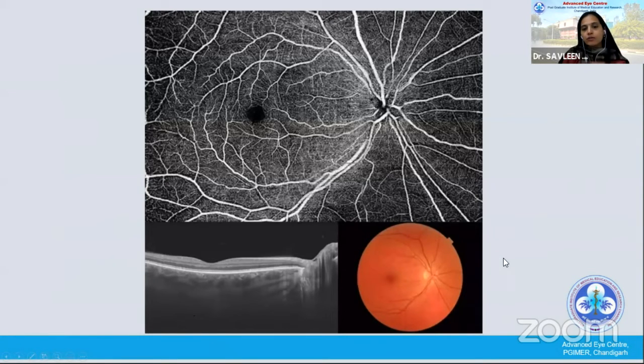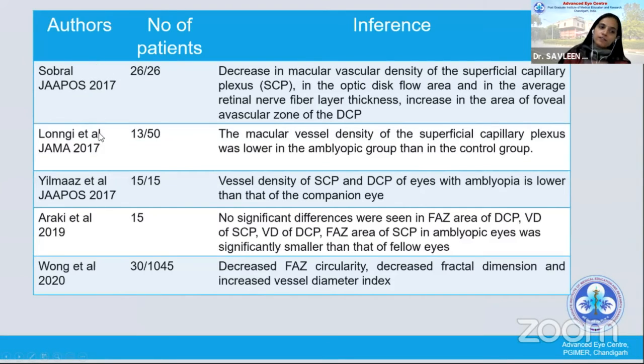So this is how an OCTA scan looks like, where you can image the superficial and deep vascular plexus as well as the vascular plexus on the optic disc, and corroborate with the clinical findings on the fundus photo or on the OCT. A lot of studies came up which talked about the OCT angiography in strabismus and in amblyopia